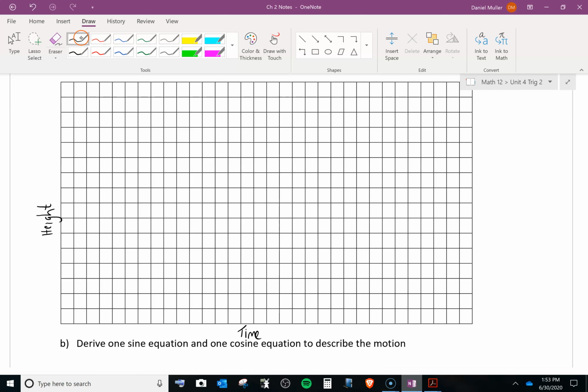We are going to need to start labeling this. So I'm going to label this in 2, 4, 6, 8, 10, 12, 14, 16, 18, 20, 22, 24, 26, 28, 30. Okay, maybe let's label it up to 10. You can label all of them if you want. Now it does say that we get on at the bottom. So when we first get on this Ferris wheel, the minimum height we can be is going to be